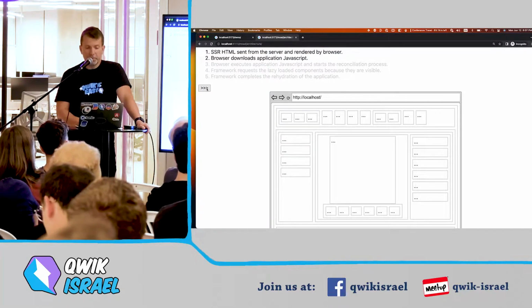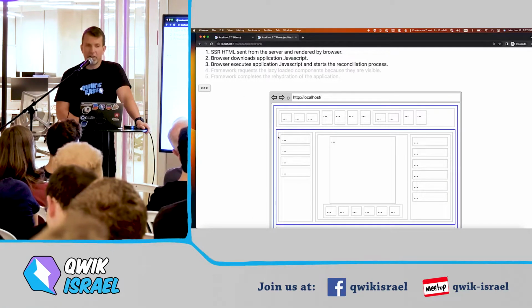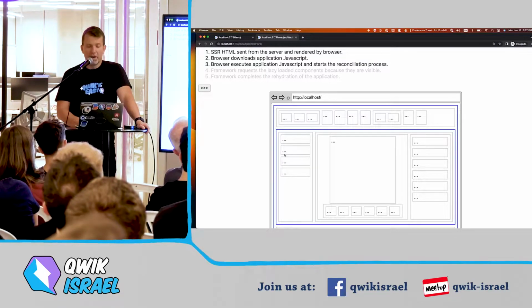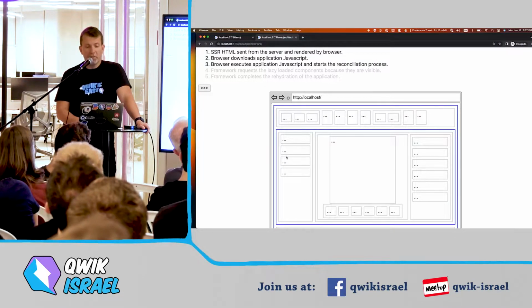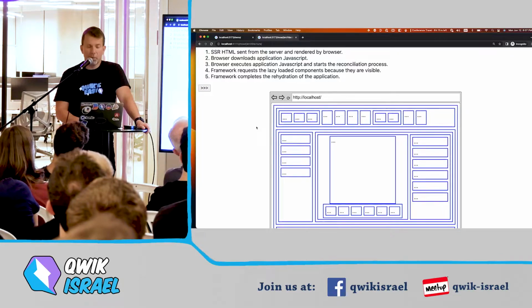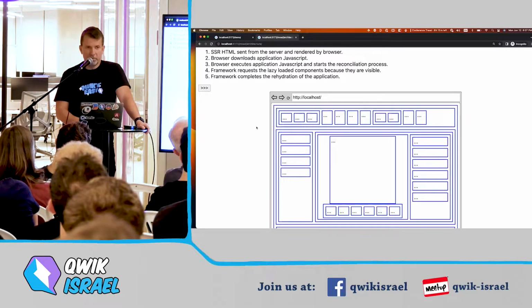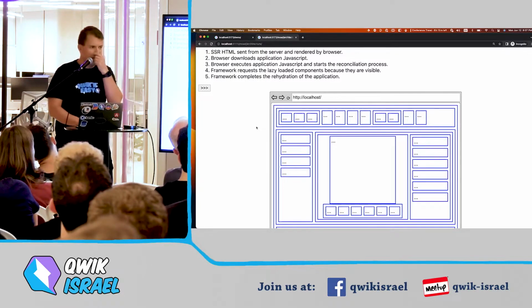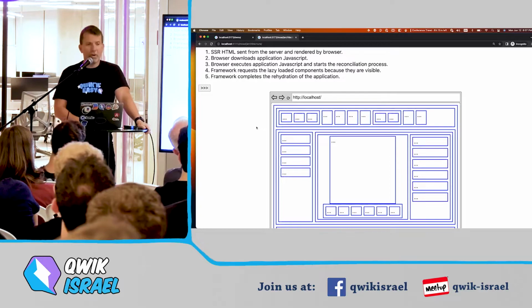Because, sure, you download code, you hydrate the shell, and then you come across a lazy loaded boundary. Because the component you're lazy loading is visible, or rather it's in the render tree, you have no choice but to request it and download it. So lazy loading in all existing frameworks is only useful for components that are not in the render tree. And that's something that I think people don't realize, because they say, oh, my app's too big. Just lazy load stuff. Yeah, but